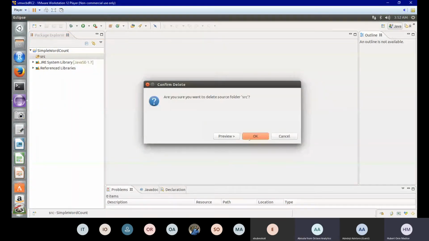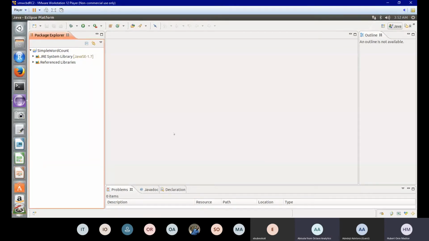Okay. Yes, delete. So why are you deleting the SRC folder? Let me tell you why. SRC is where the Java source files are stored. So all of these files that you loaded in are going to be stored in SRC.